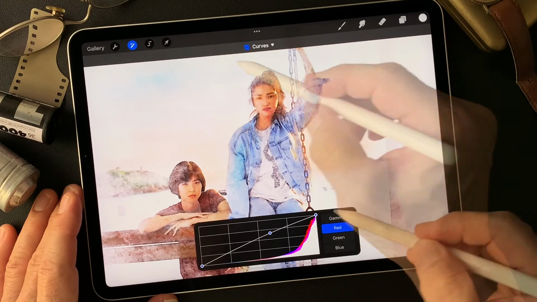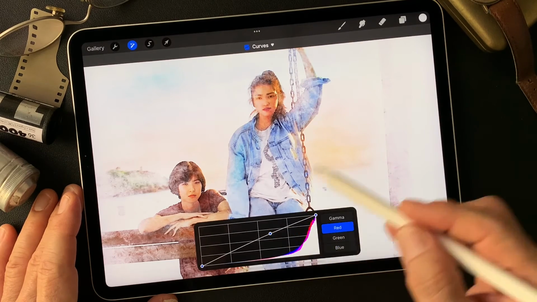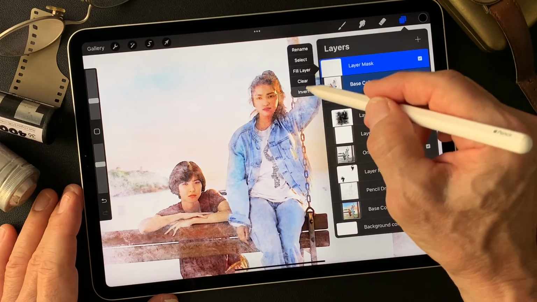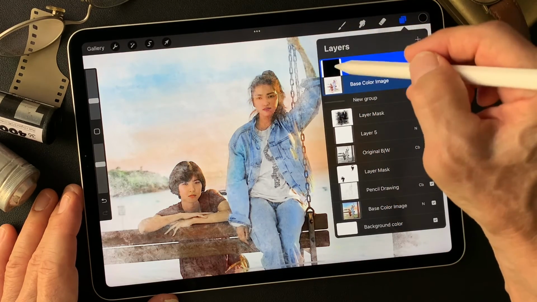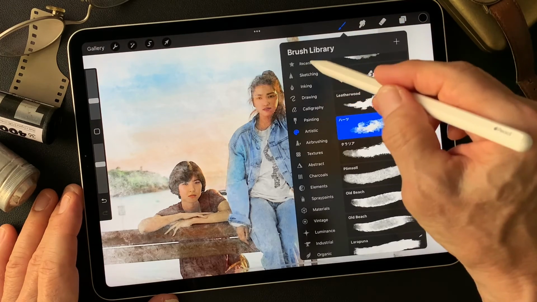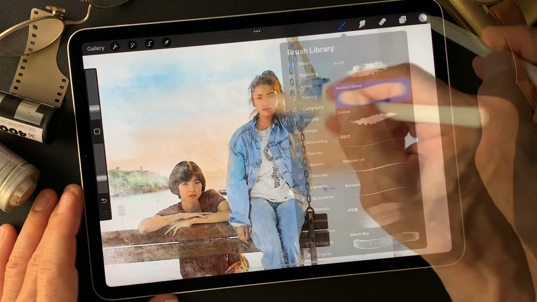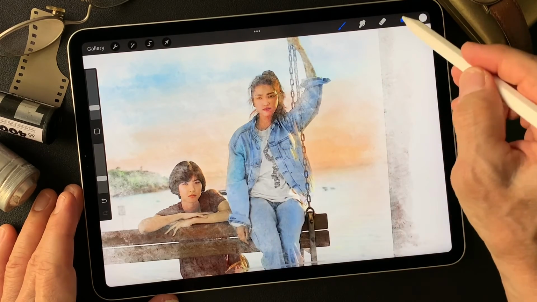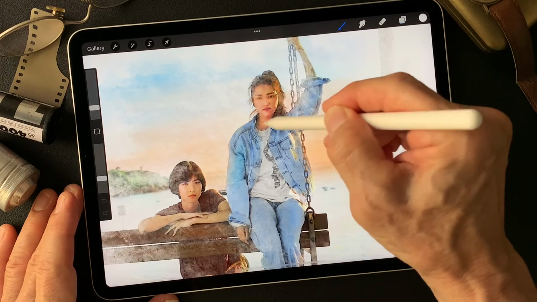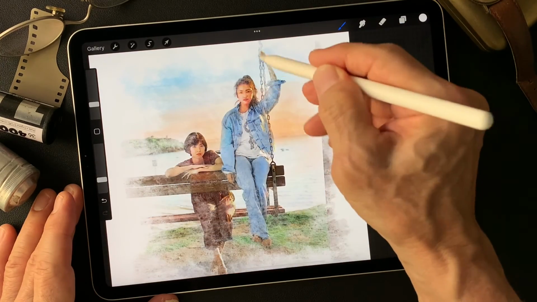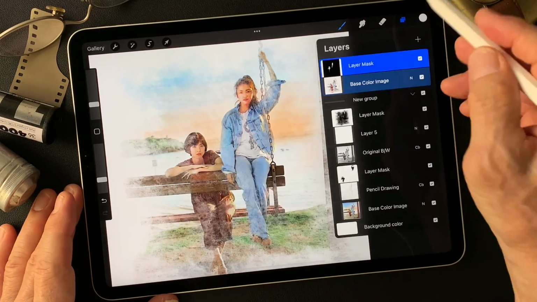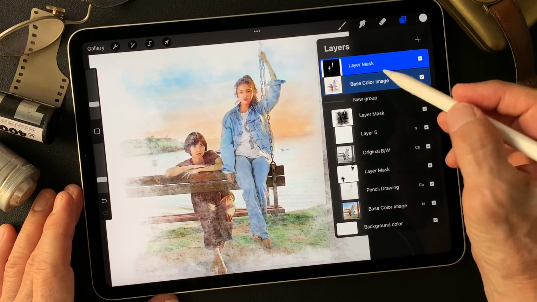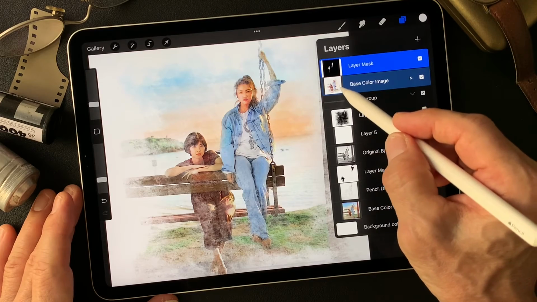I'm going to make a mask. Too much red. Okay. Now make mask. Invert mask. Then reveal this with medium blend. Just mask it to show the model's face. A little bit reddish, so I'm going to lighten up, but it's still a little bit reddish, so I'm going to